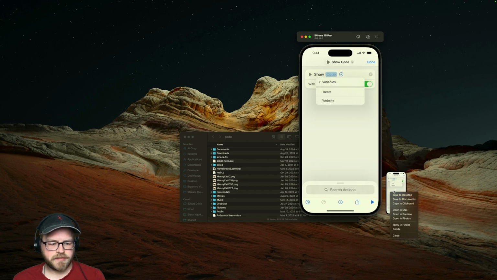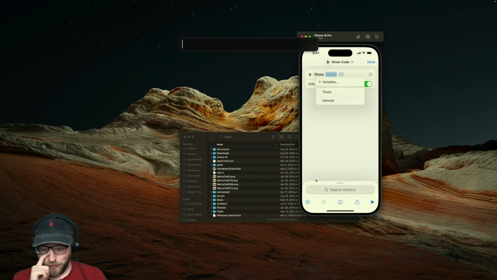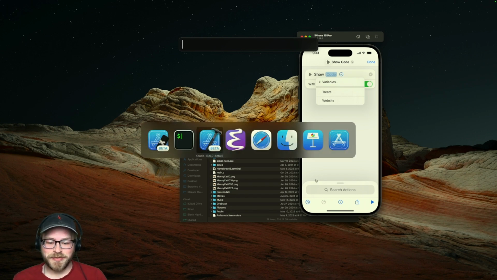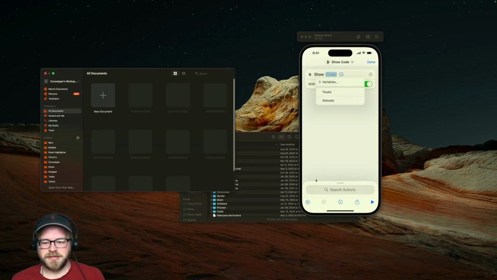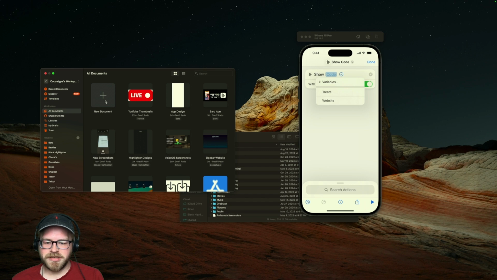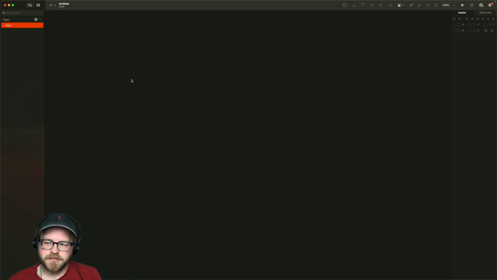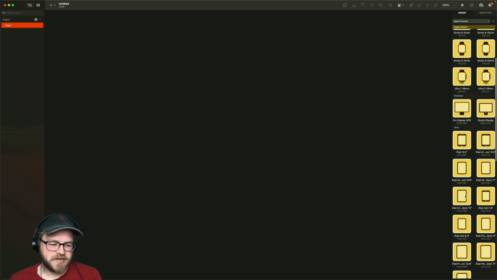Okay. Save to desktop. And then now what we need to do is put it in a little doohickey. You know, the little doohickey. Come on, new document. Thank you. Artboard, iPhone 15 Pro.